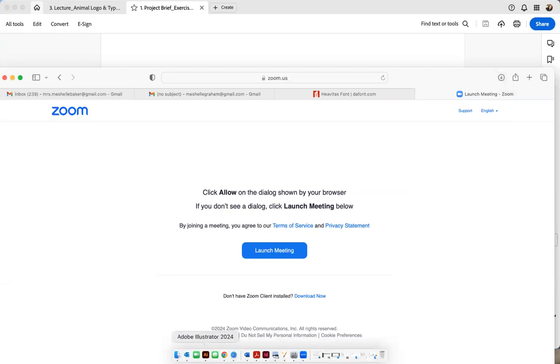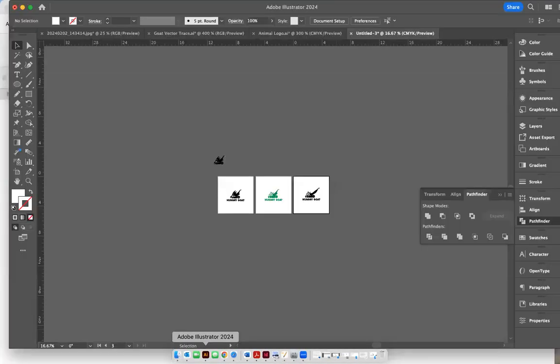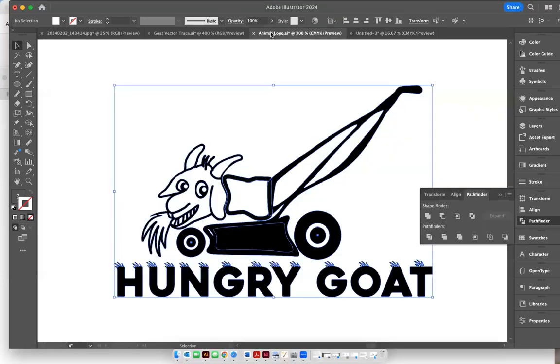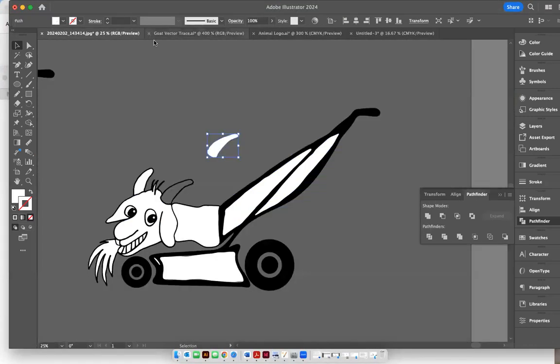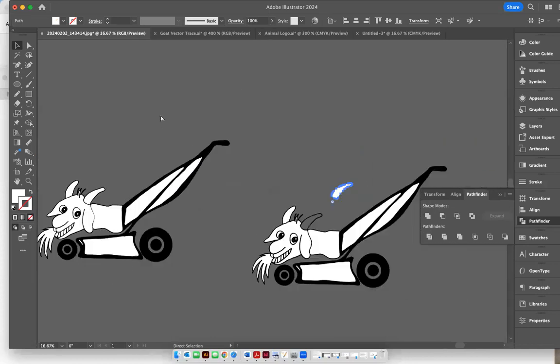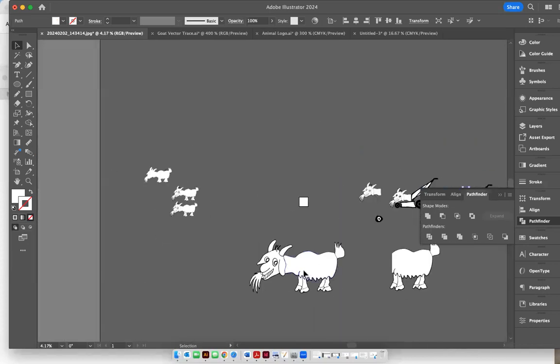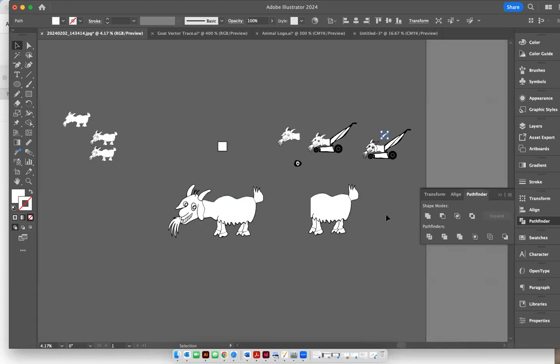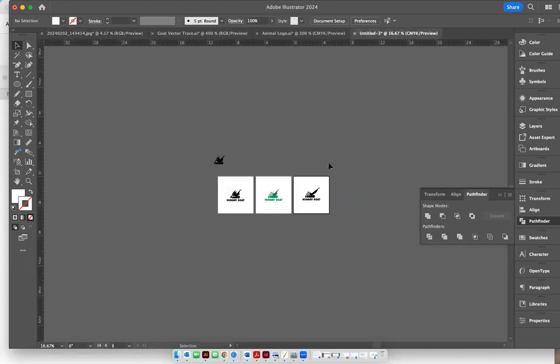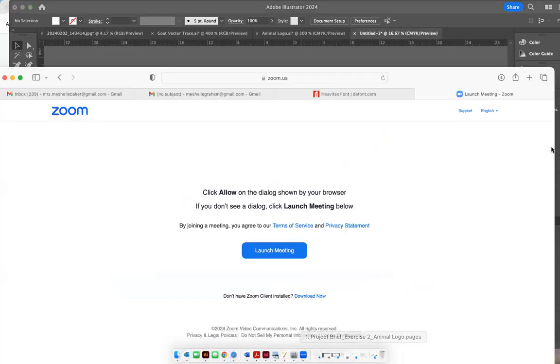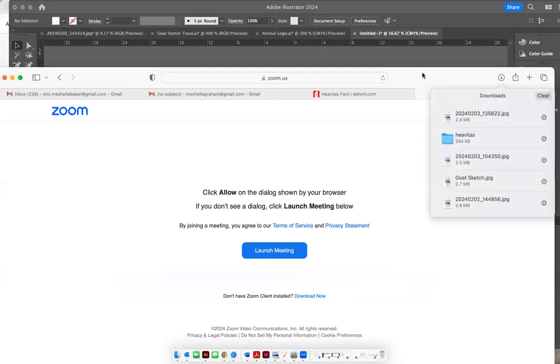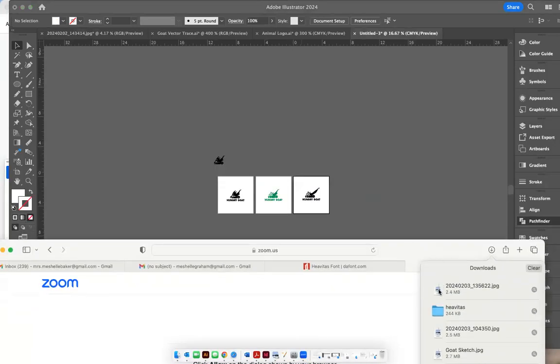And I'm going to show you my process for trying to actually scan them in. So I scanned in my photographs and they were looking like this. I just never did like that, but I'm going to show you how I did this and then how I came up with my final sketch. So I did another sketch because I wasn't liking that one. And I emailed it to myself, and in my downloads, I just take it and I drop it in Adobe